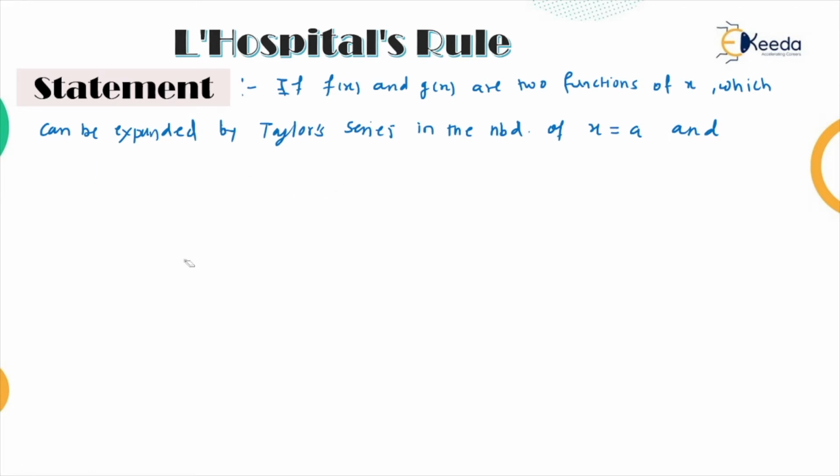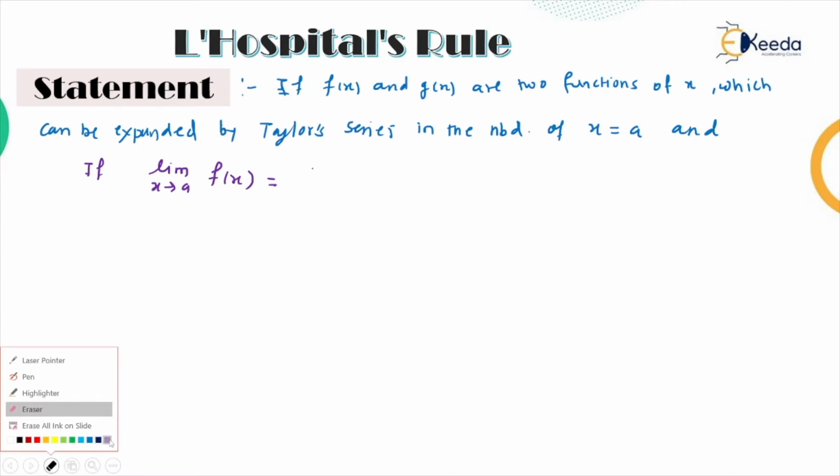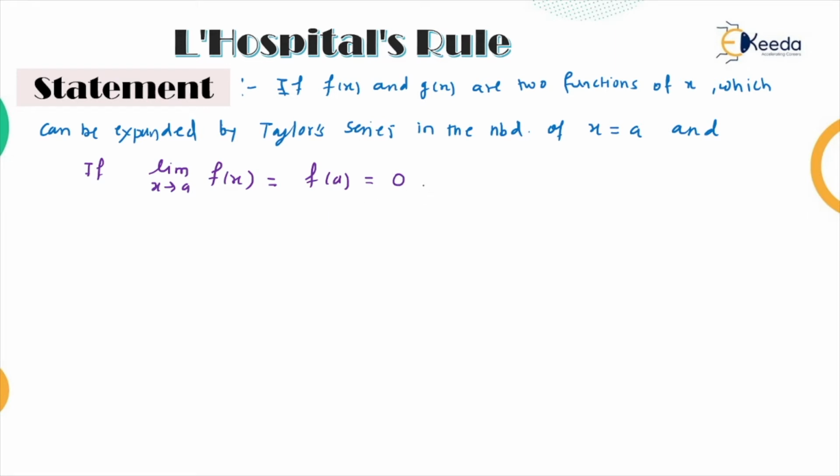The limit as x tends to a of f of x can be evaluated by replacing x by a, so here we get f of a. And if this is 0, also if the limit as x tends to a of the function g of x, that is g of a, is also 0,